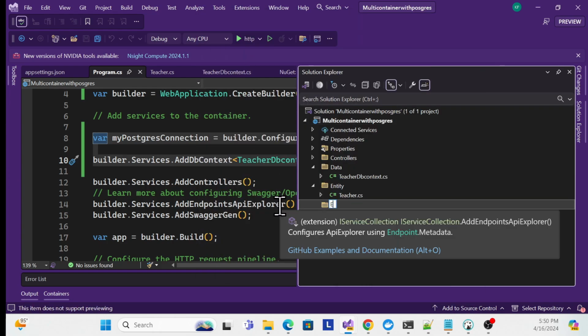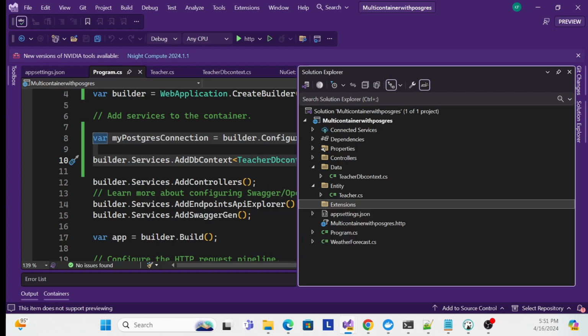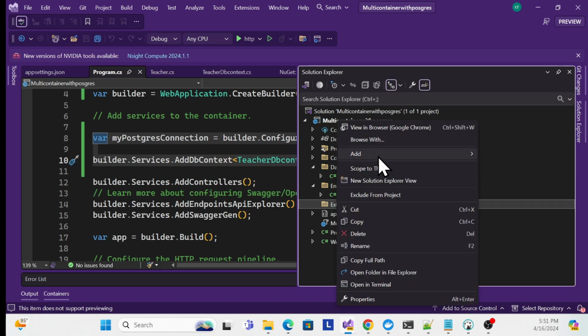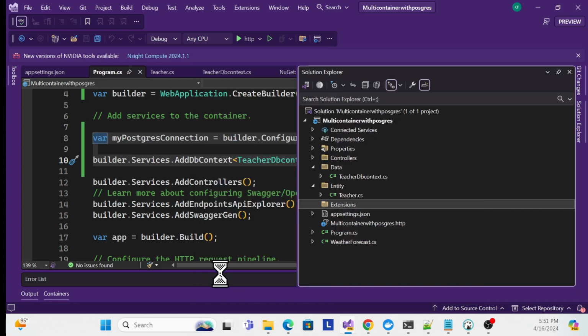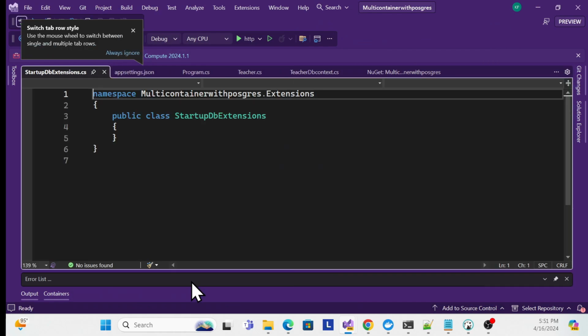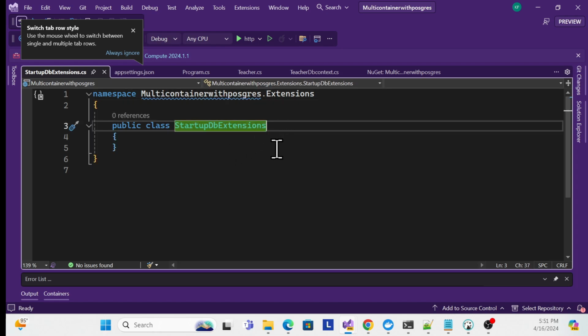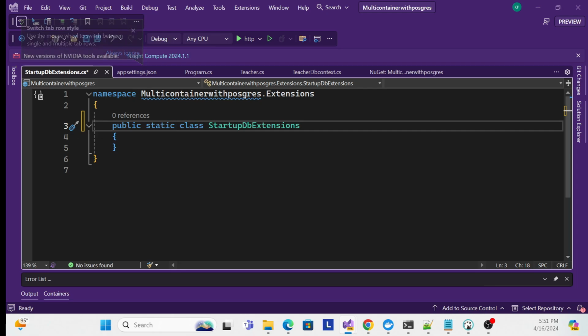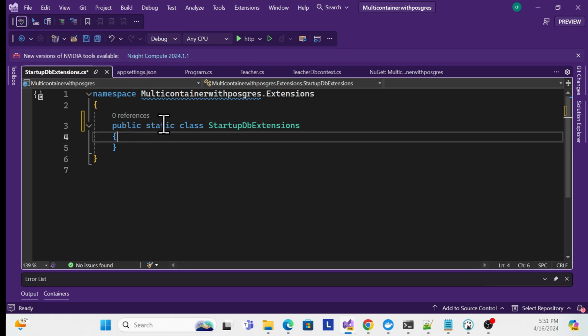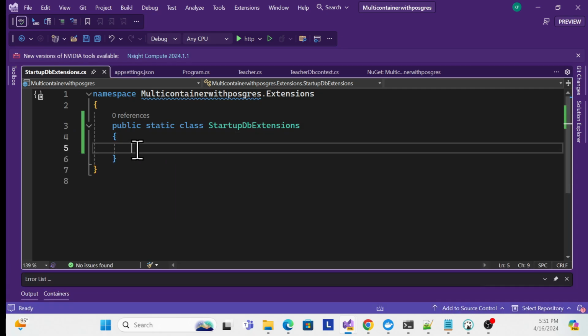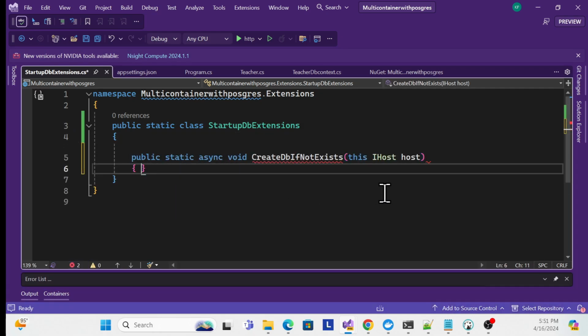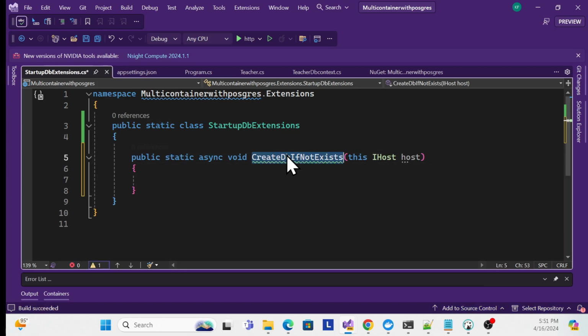Call it the Extension folder, and inside that I have to create the extension method. Let me create another class, the startup extension method, and make it static, because we have to record that as static. Then I create another method, the extension method. See, I just created a CreateDbIfNotExists method, which is an extension of